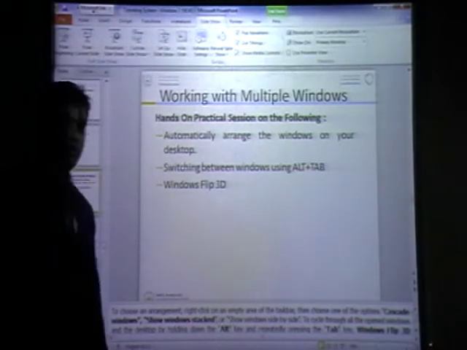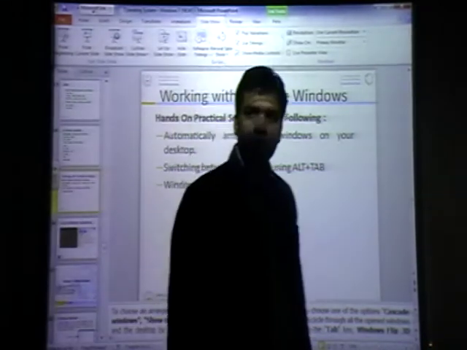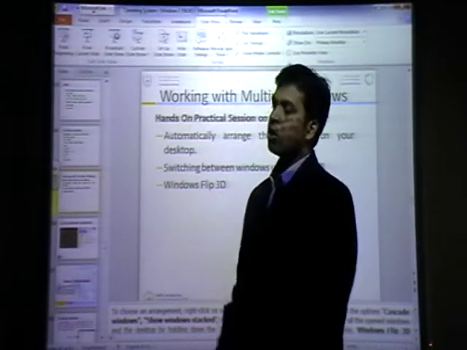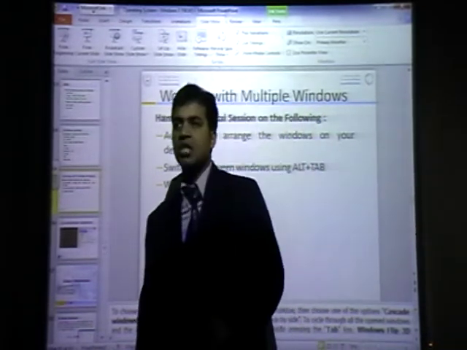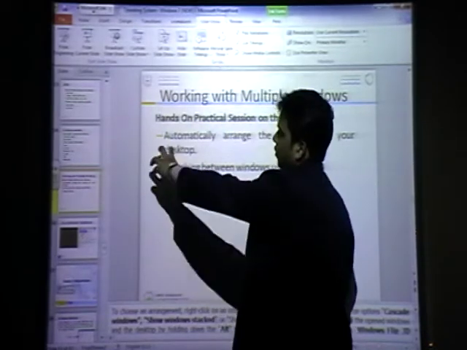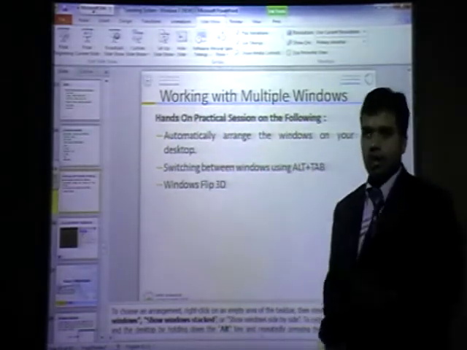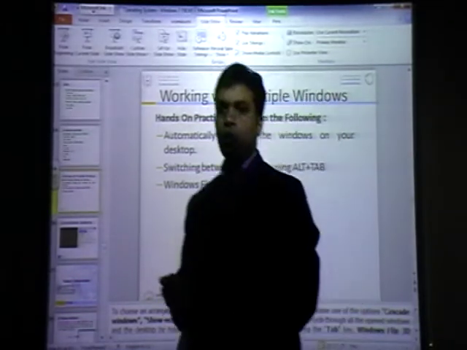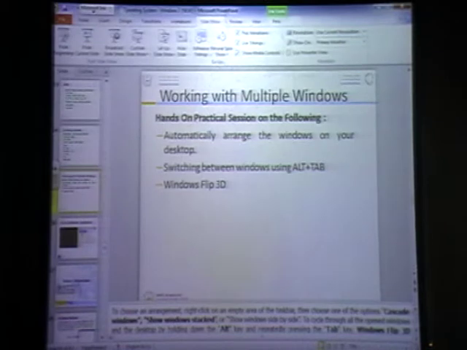On your computer, what to do now? Press Alt and Tab key. You see what happened. Alt and Tab together, 1, 2, 3, 4 windows you will see. Is it coming? Yes, Alt and Tab key. You can see many. Yes, good, like this. That's correct.